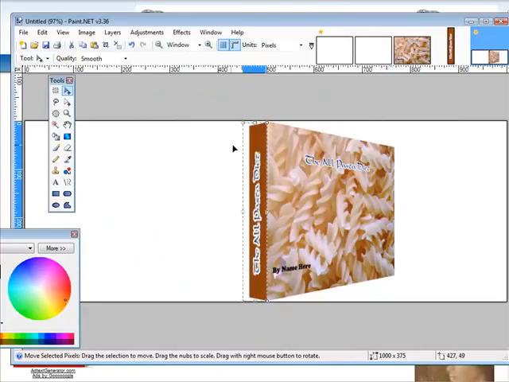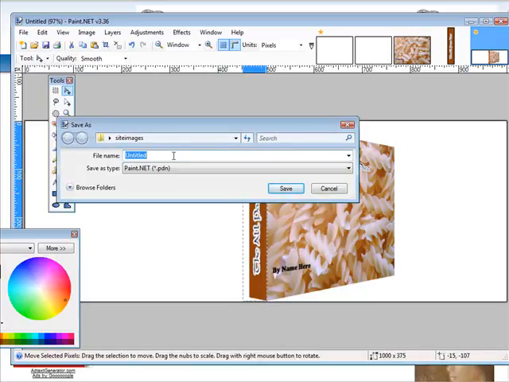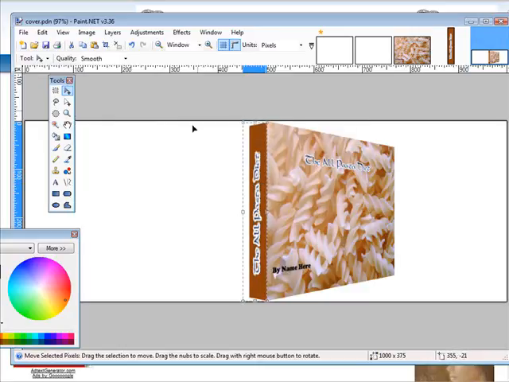So what I'm going to do is I'm going to save this first because we're going to have to come back to it because we have to actually install some functionality to paint.net for this to work. I should have actually done this before, but it doesn't matter. We can do it afterwards and then restart paint.net. So I'm going to save this and I'm going to call it cover. And I'm going to save it as a paint.net